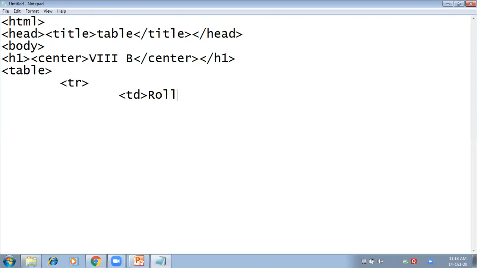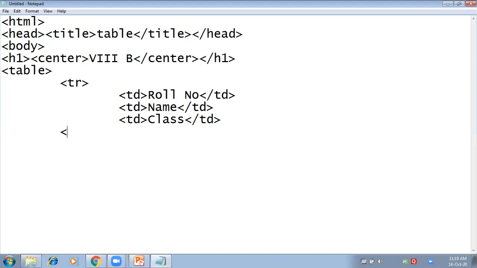So suppose roll number, close td, next again td open, name, close td, third td, class, close td.